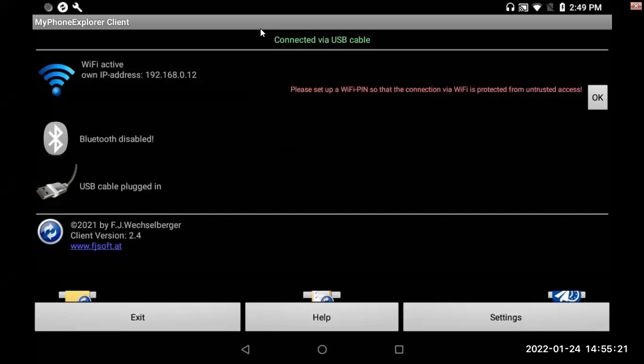Okay. And it is saying here, so you can either connect with Wi-Fi or USB cable, right? Okay. So I'm connected, USB cable plugged in. Mhm. All right, and once you have that in place,